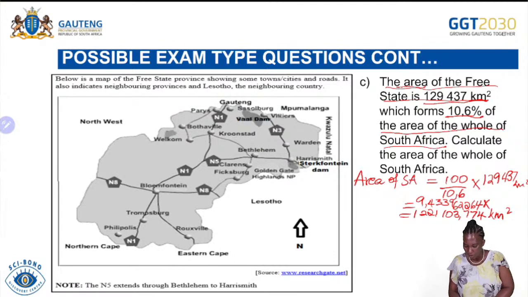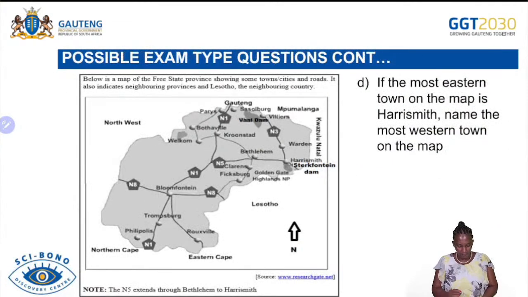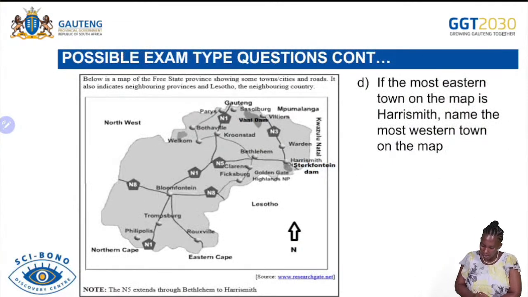So now we just want to know. We say, okay, we want the 100%. And what we are given is only the 10.6, which is a portion. And then we are using this method to determine the answer. Now, the next one, it says, if the most